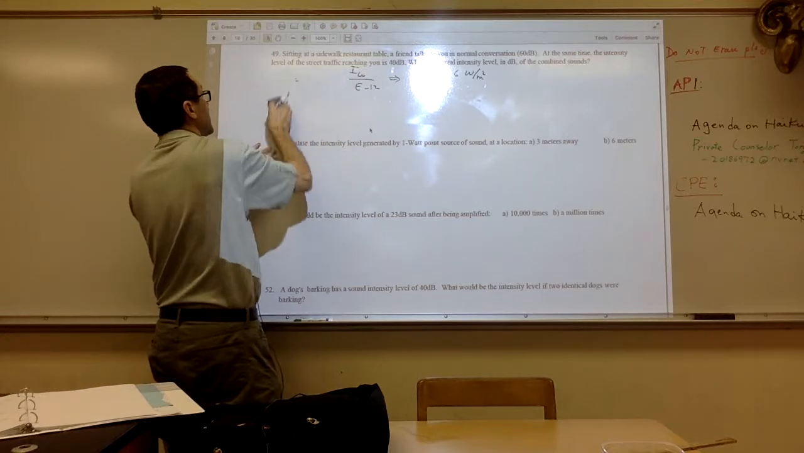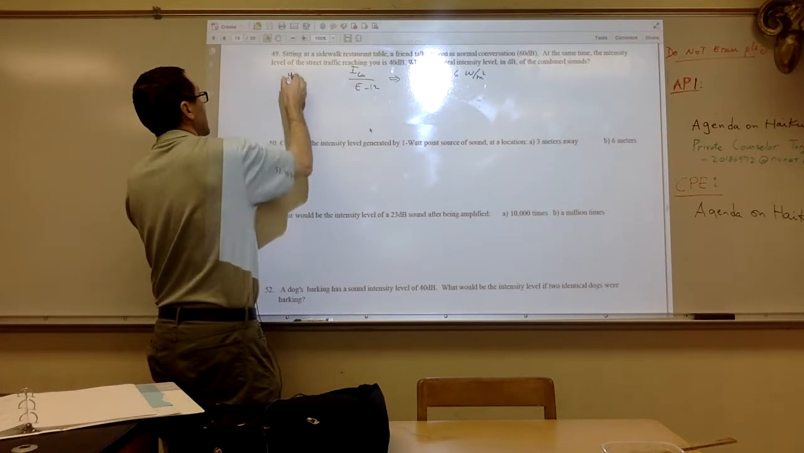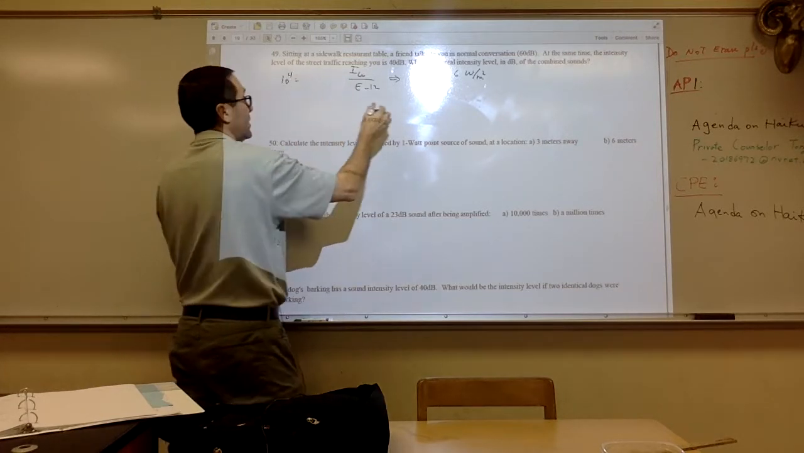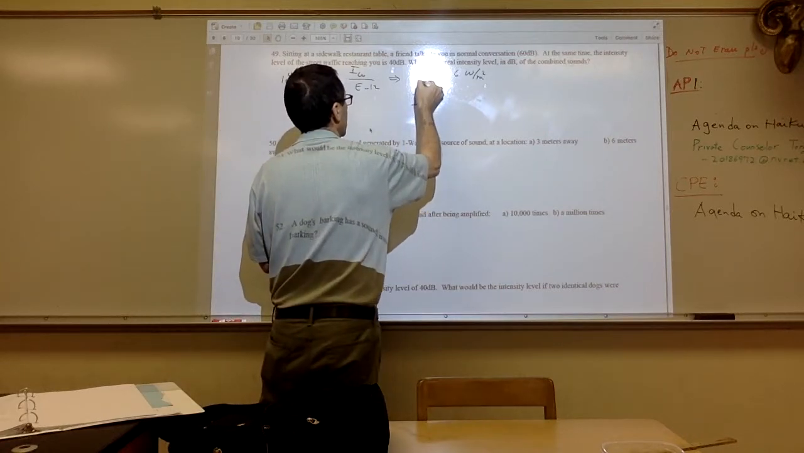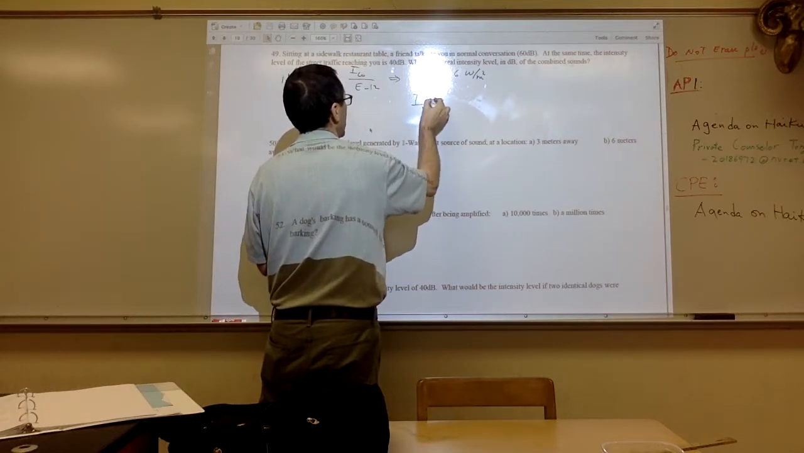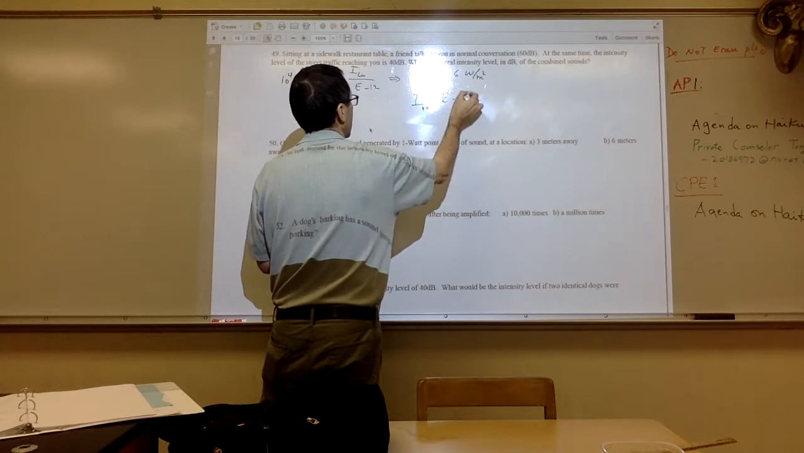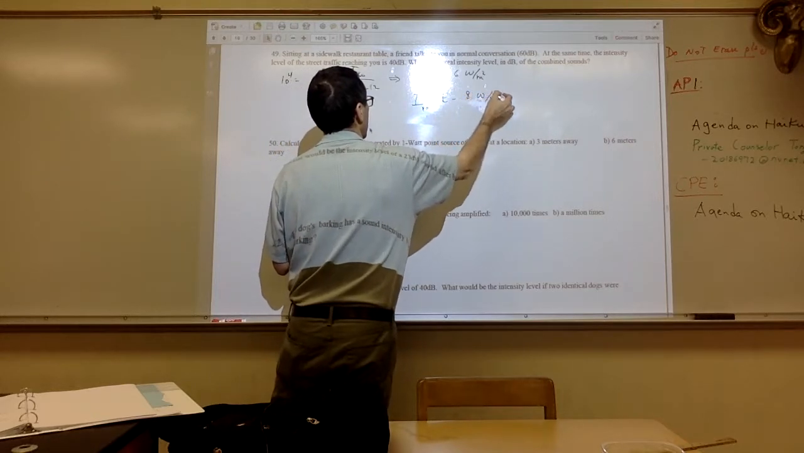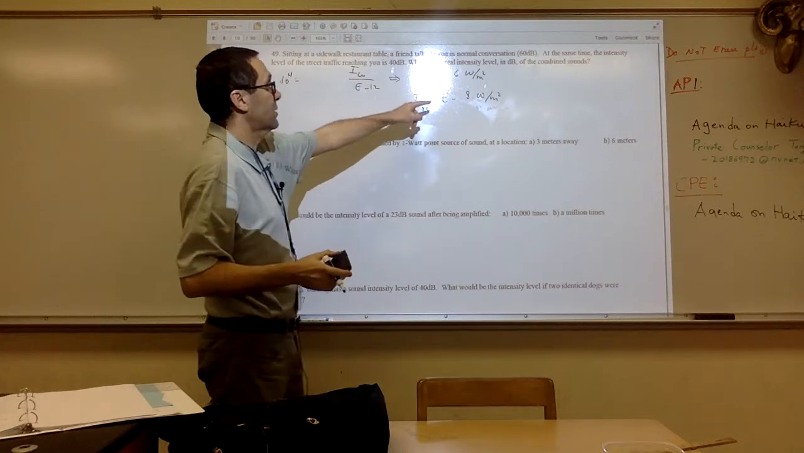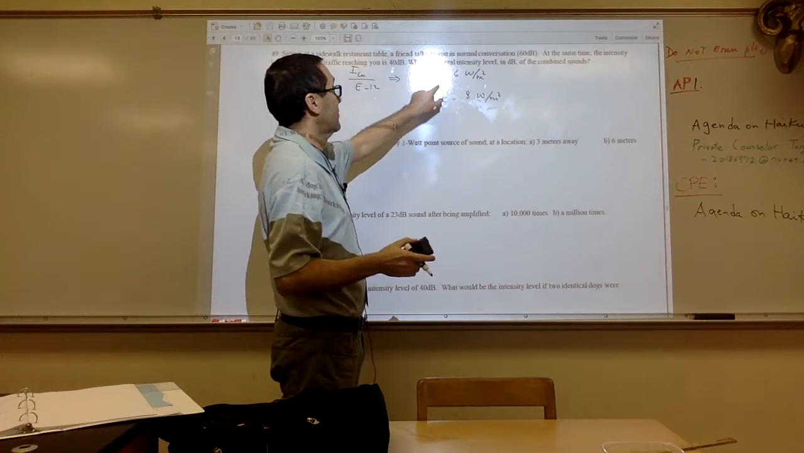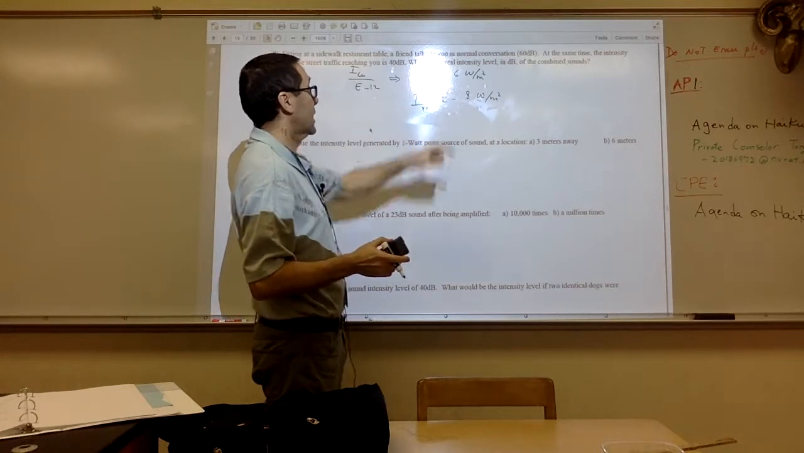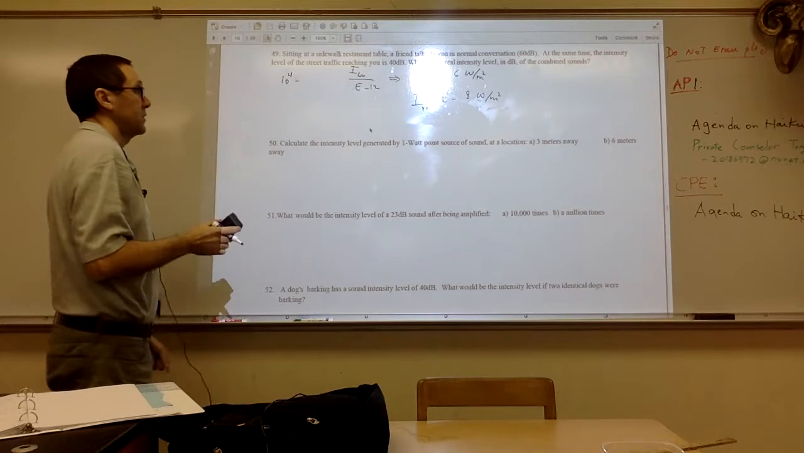Get rid of this. This becomes 10 to the 4th power. And if you multiply here, you should get your I. This is I for 60. This is I for 40. 10 to the negative 8. Okay? And that's what I said earlier, that the intensity for 60 is 100 times more than the intensity of